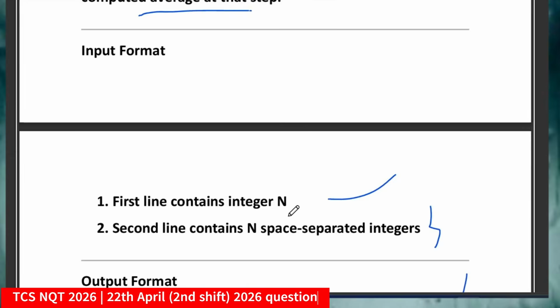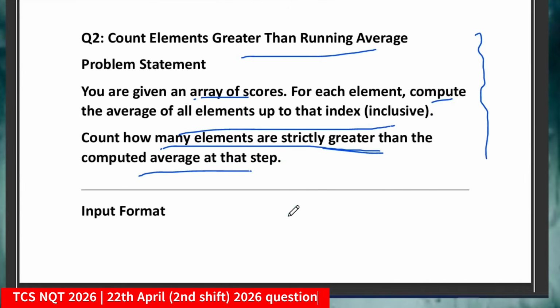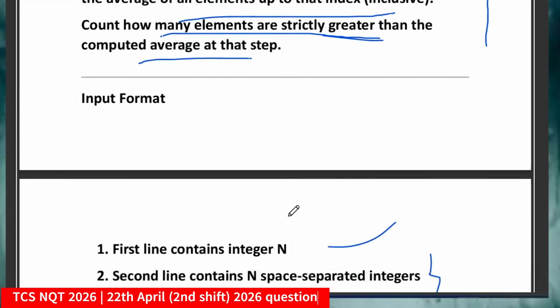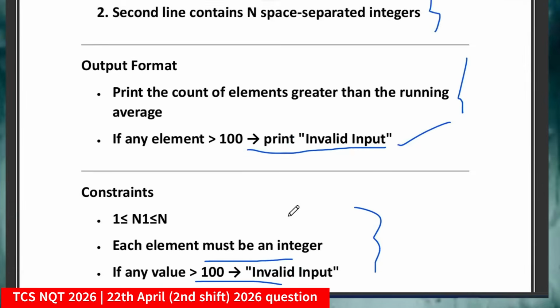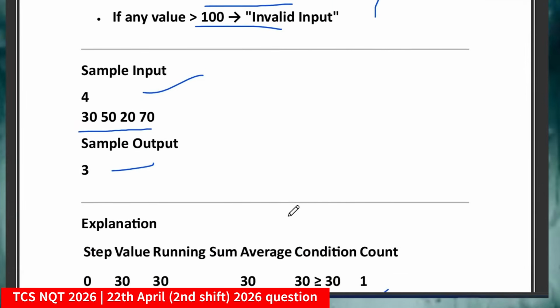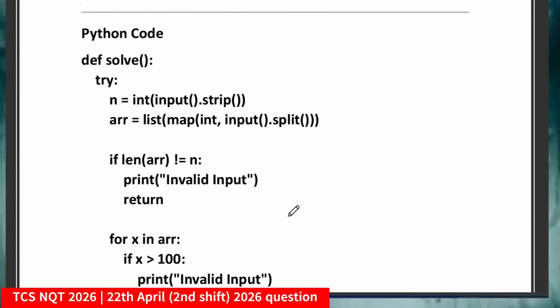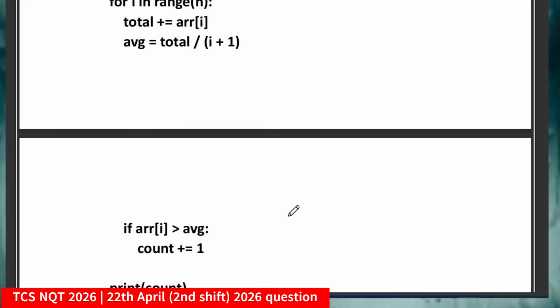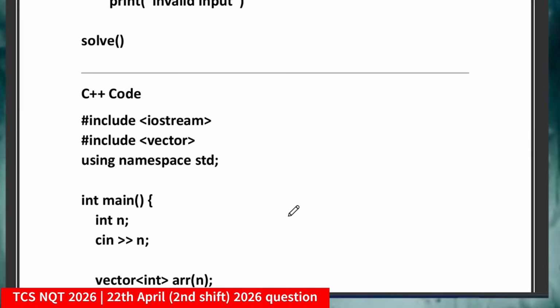Again saying, friends, pause the video, take a screenshot of the question and try to solve it by yourself. If you are getting the solution, nice. If you are not able to get the solution, no need to worry, come here and go through our video carefully and practice as much as you can. You have to do hands-on practice for clearing this exam.